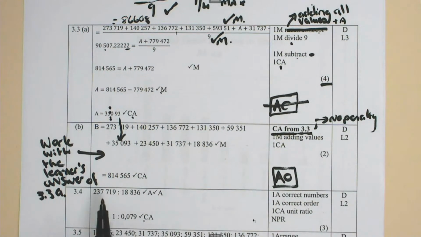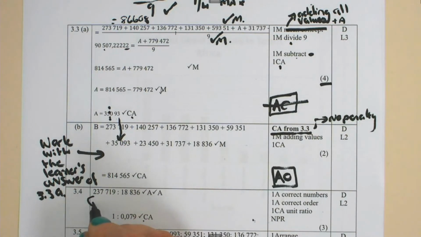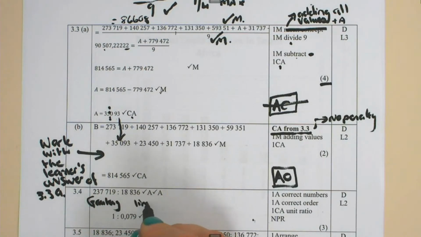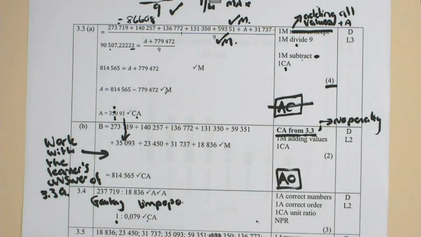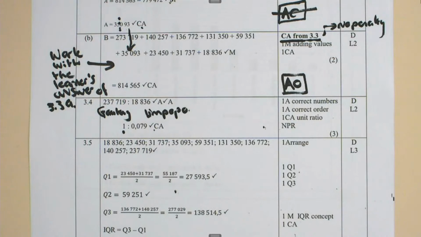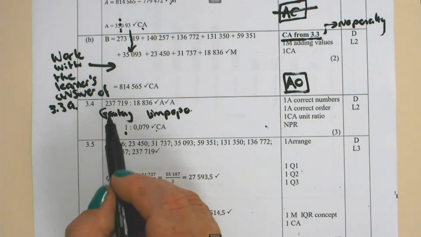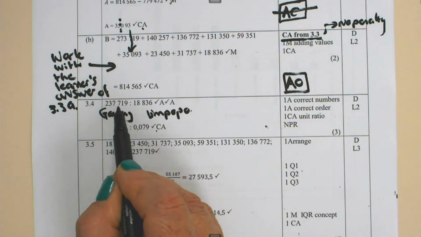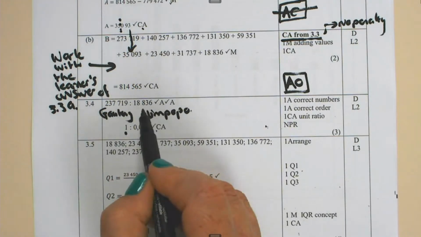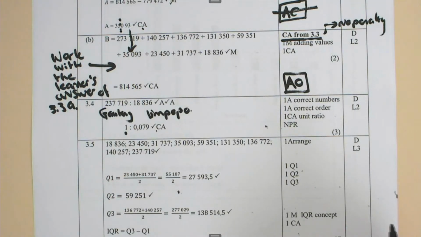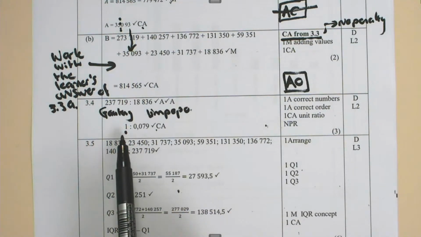So there is the ratio correctly written, 237 for Gauteng and this is Limpopo. And unit ratio means you must put a 1 there. So the simplest thing is to simply divide by 237,719 on this side, and then also divide by 237,719 on that side. And then you will get 1 is to